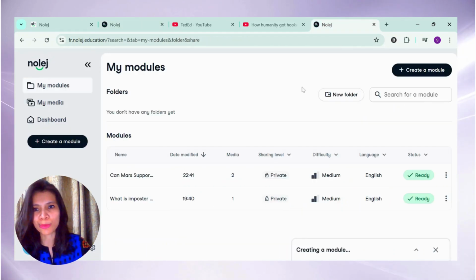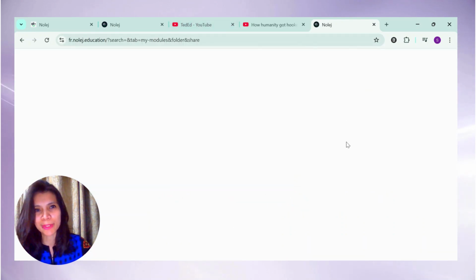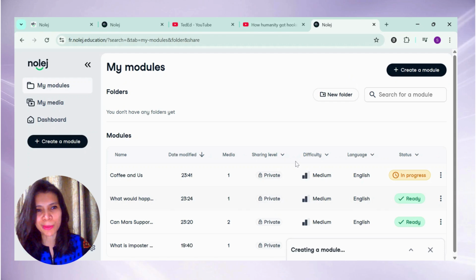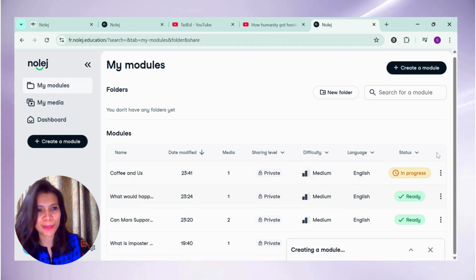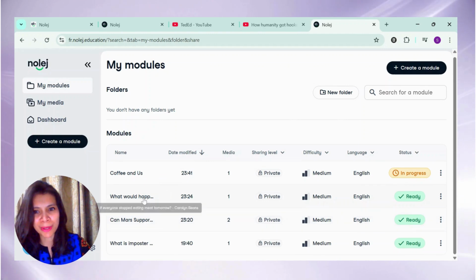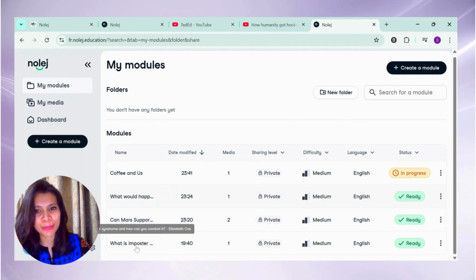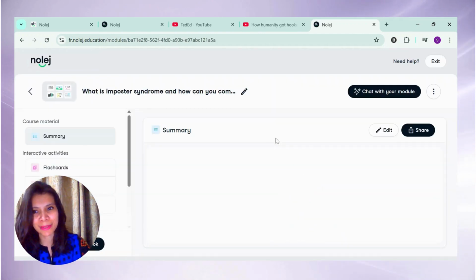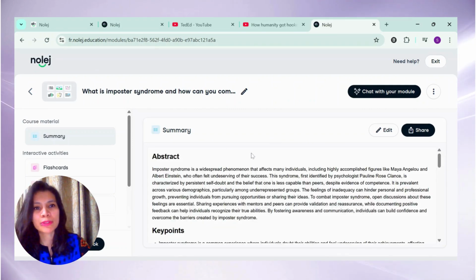But let me show you what I have worked on earlier. So you get an idea that, okay, it's still in progress. It's going to show me the status and something that I had already worked on earlier. So it was this. This is the file that I had worked on earlier. Imposter syndrome, again,